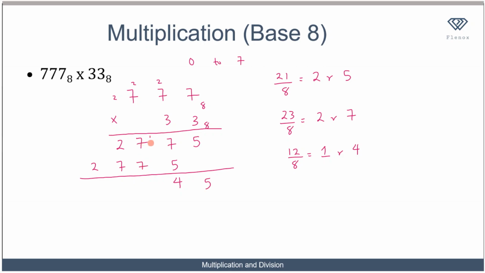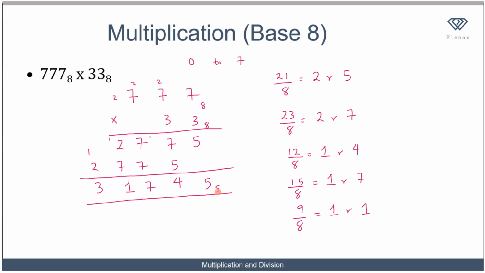Then I have 7 plus 7 plus 1 gives me 15, which is greater than 7. So I divide by 8, and that gives me 1 remainder 7. So I write the remainder down also, and I take the whole number to the next place value. So I have 7 plus 2 plus 1, which is 10, which is greater than 7. So I have to divide again. 9 divided by 8 gives me 1 remainder 1. So I write the remainder down there, and I take the whole number to the next place value. So I have 2 plus 1, 3. 3 lies between 0 and 7, so I can easily write that directly. So I'm left with